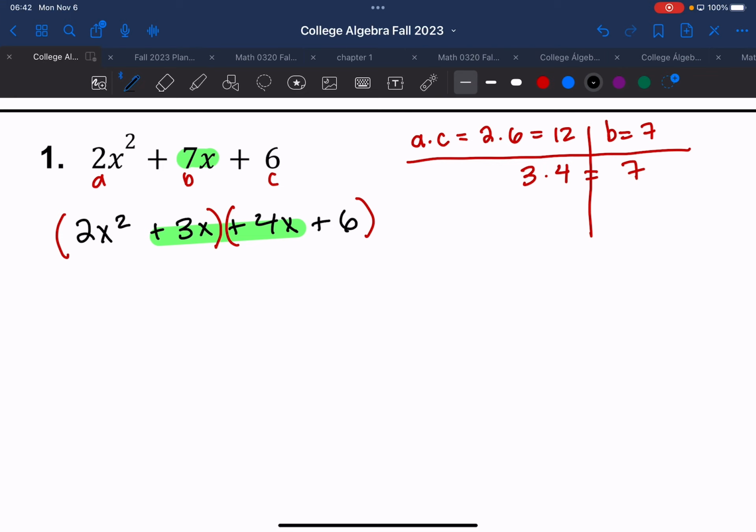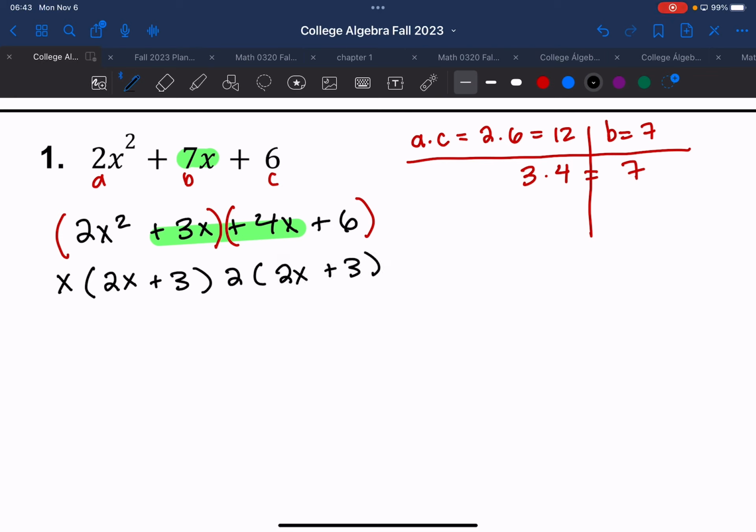Just x. So I'm going to take out an x, which means I'm now dividing. What's 2x squared divided by x? 2x, because only one of the x's came out and nothing happened to the 2. What about 3x divided by x? 3. So that's the first parenthesis. What's the GCF we can take out of the second one? A 2. And we'd be left with what once we divide? 2x